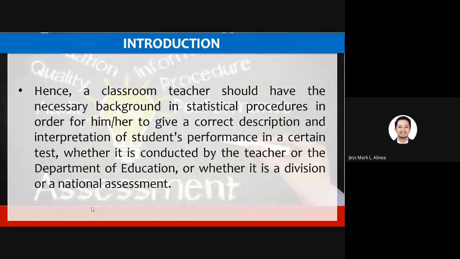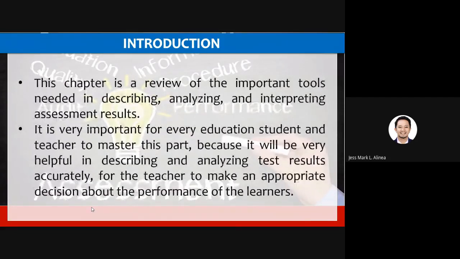Therefore, a classroom teacher should have the necessary background in statistical procedures in order for him or her to give a correct description and interpretation of students' performance in a certain test, whether it is conducted by the teacher or the DepEd, or whether it is at a division level or a national assessment. So this chapter is a review of the important tools needed in describing, analyzing, and interpreting assessment results. Review ito simply because you have probability and statistics during your senior high school, as well as you have JEC 05, and on the latter part,